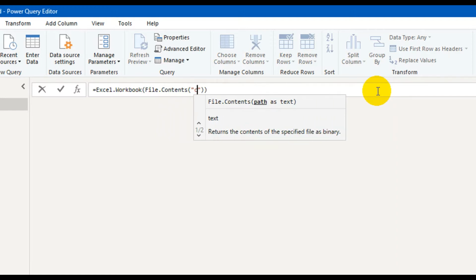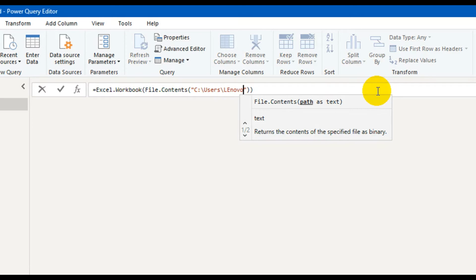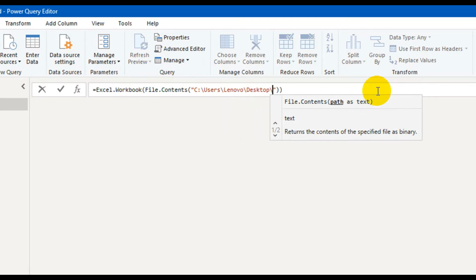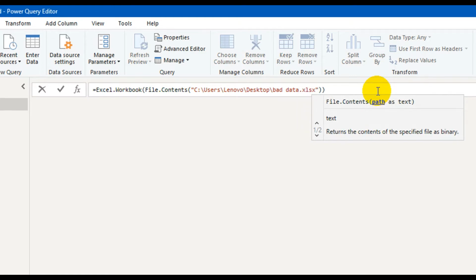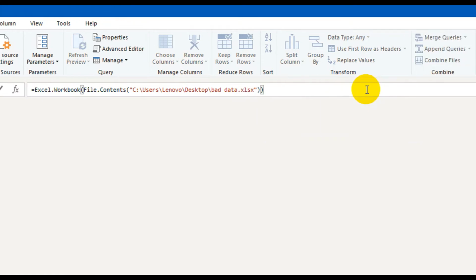The path will be desktop, so C drive, and basically the desktop will have users, and then the username, and then that user's desktop, and then the file name, that is bad data.xlsx. I need to make sure that that name is properly taken.